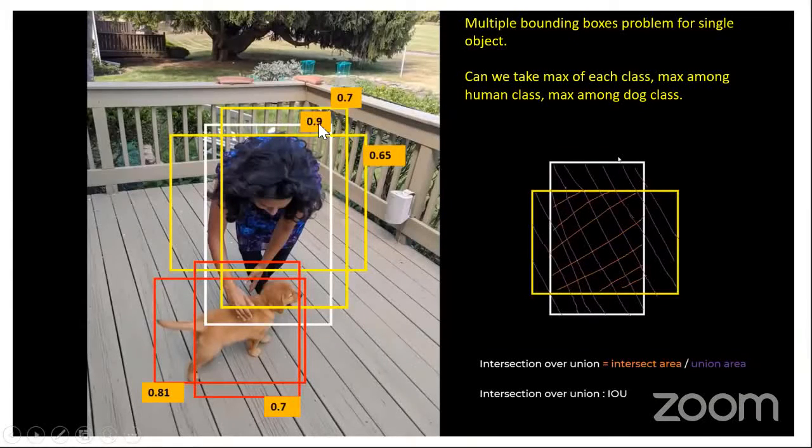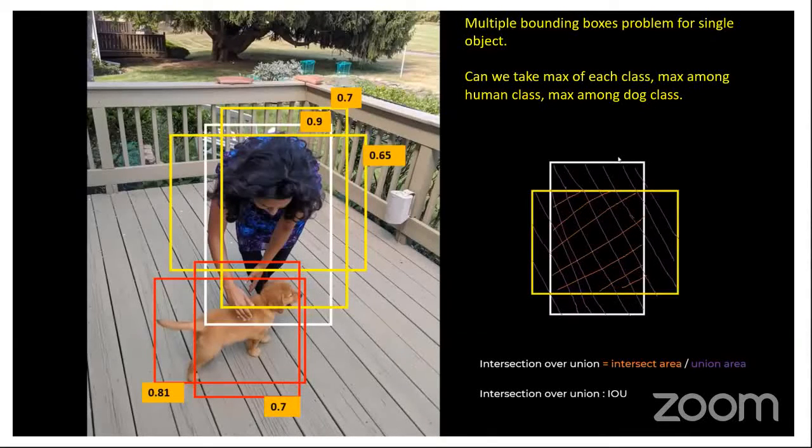You will say, I will keep the 0.9 itself. But that will also not work. Let's say there are multiple humans inside that image. What will you do? If you classify all the bounding boxes as humans and cats or dogs, and in the human class, you will take only the maximum confidence bounding box, you will be missing out the bounding box for the human which had less confidence, though it was a human, right? You don't want that to happen.